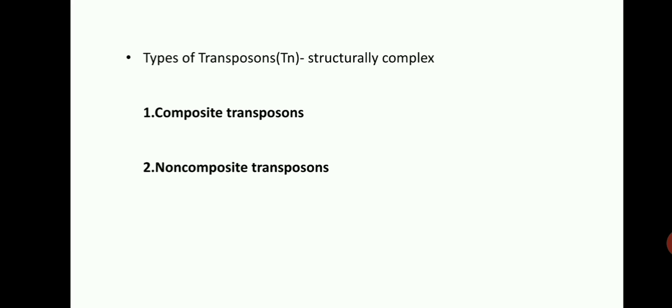Now let's discuss the second type, that is, the transposon, which is a more complex element and contains again two subtypes. The first type is the composite transposon and the second one is the non-composite transposon. Transposons are larger mobile elements and are more complex in structure than IS elements. They contain functional genes in addition to those required for transposition. Such genes generally confer resistance to antibiotics.